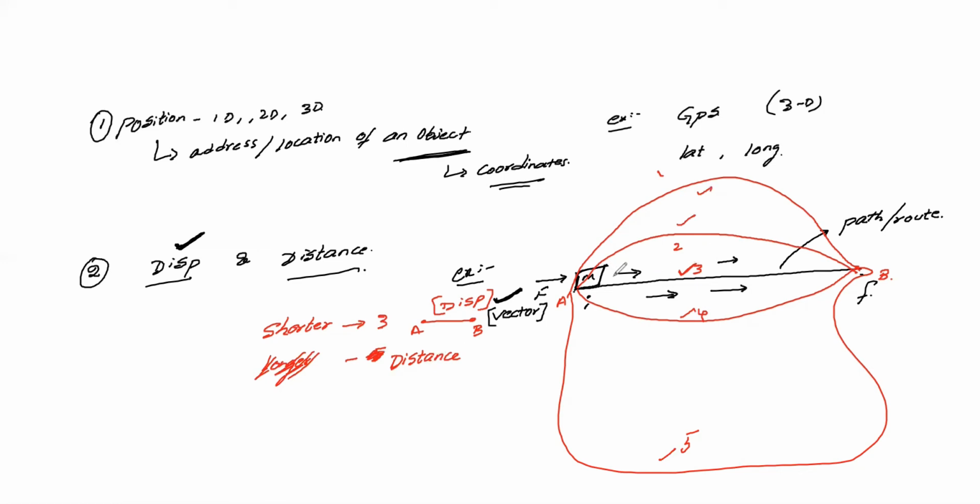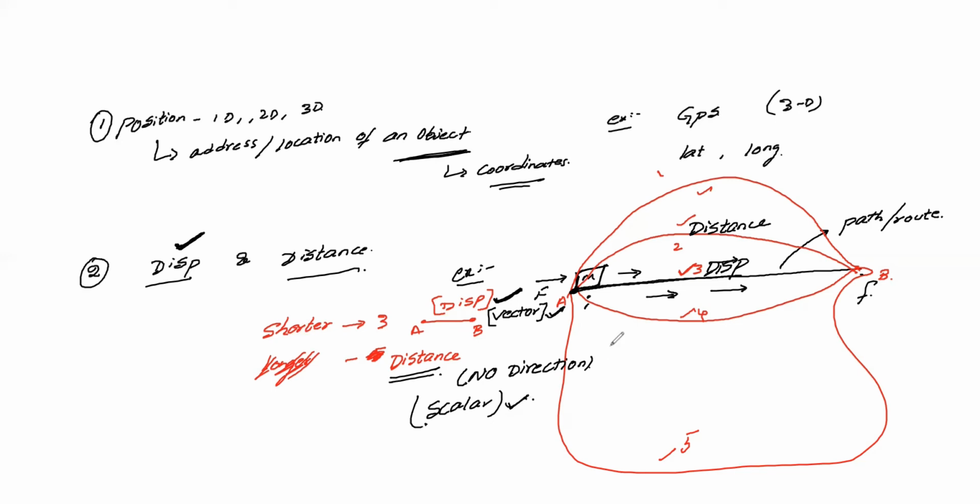Clear? And distance, if I say I need to go to school from my home to school, there is no direction. You are just simply saying that I need to go from home to school. There is no proper direction. You can choose any path. When you specifically say I have to choose this path, this is your displacement. When you choose any path, that is your distance. Clear? So distance has no direction, and it is your scalar quantity.